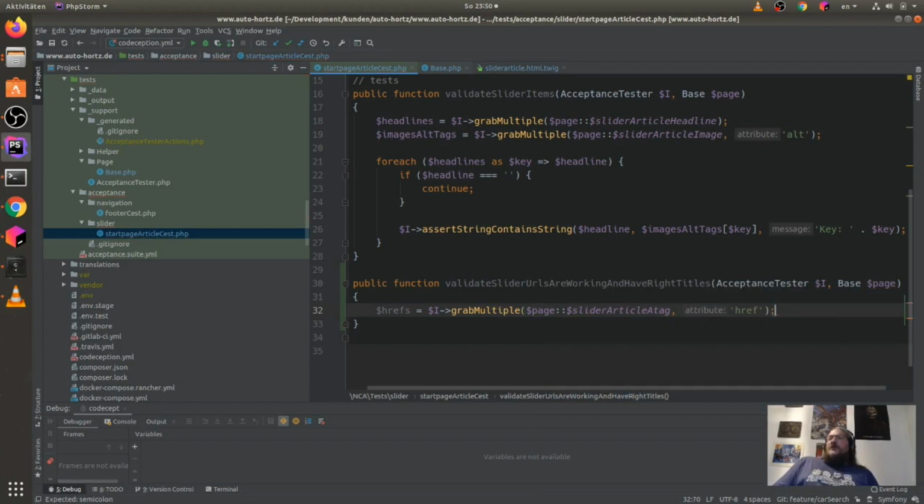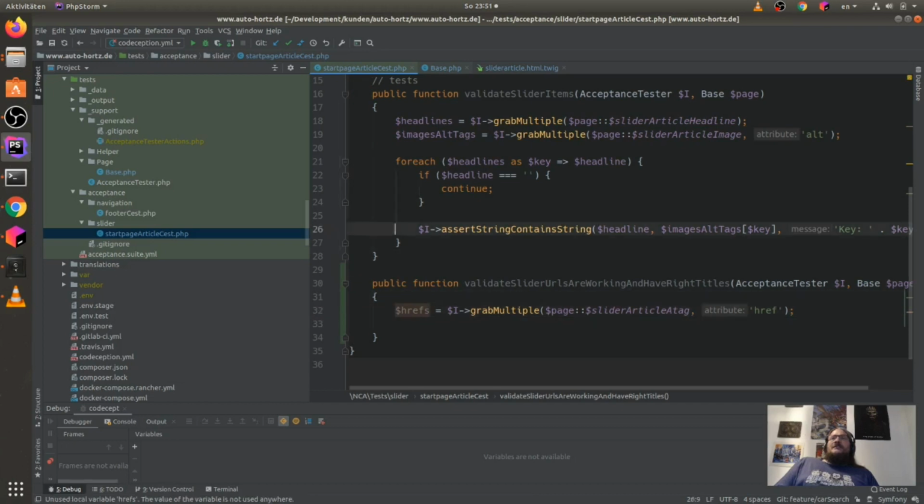And we also want to get the images alt tags, like here, because this is a full page title and not the shortest page title from the slider headline.